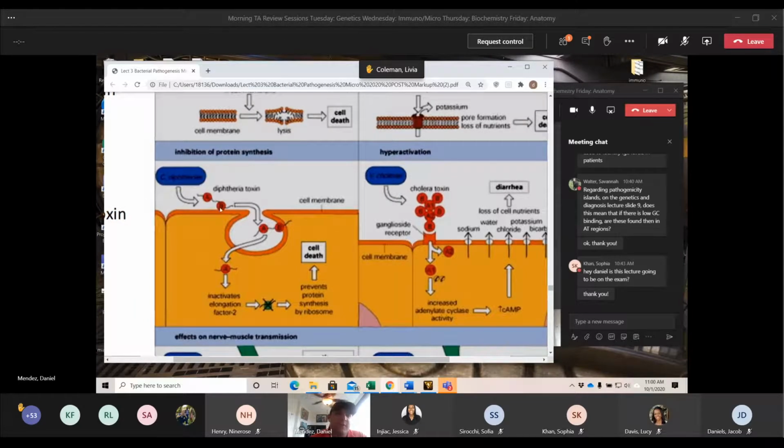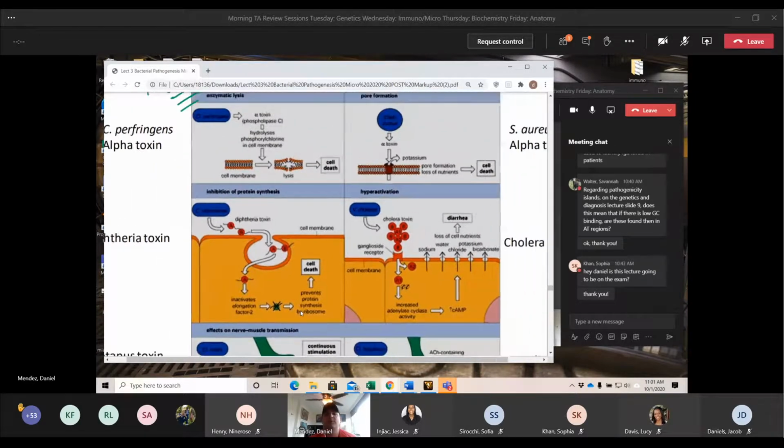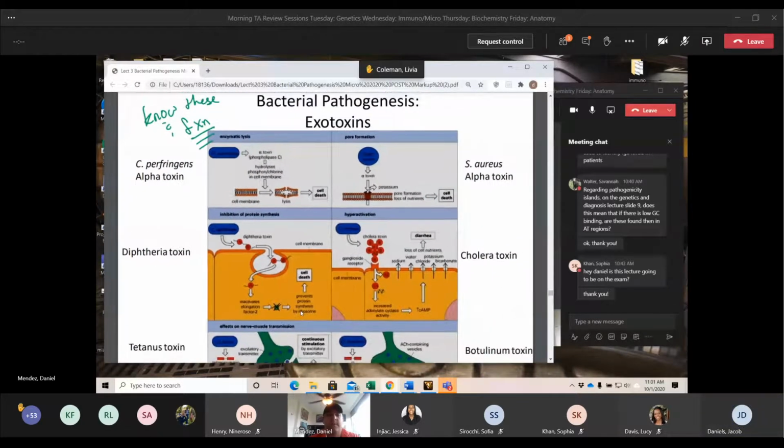So the A and B subunit, the B subunit binds. Once it binds, we have endocytosis. The A subunit is then the active one. What the A subunit does is it inhibits protein synthesis. So by inhibiting protein synthesis, the toxin induces cell death in the cells that it has actually infected. So it releases the toxin, gets in, the A subunit prevents protein synthesis, and that will result in cell death. All right, thank you, Ben.